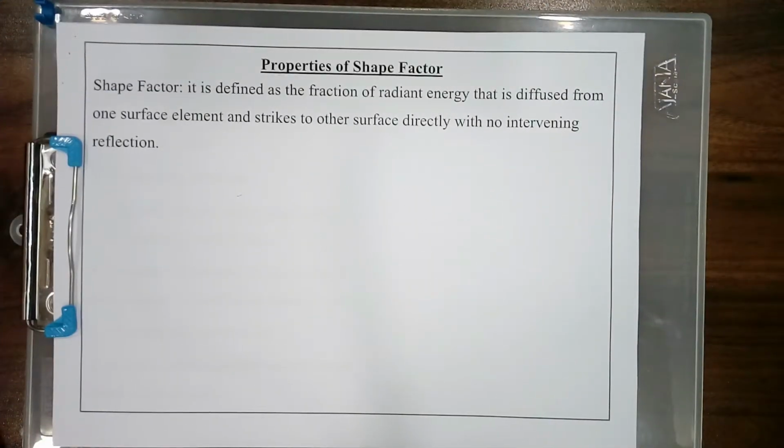Welcome, dear students, to the third lecture of heat transfer by radiation. In the previous lecture, heat exchange by radiation part 2, we discussed the directional nature of radiation and the associated terms. After that, we derived the relationship between the emissive power and the intensity of radiation. And lastly, we discussed the heat exchange between two black surfaces.